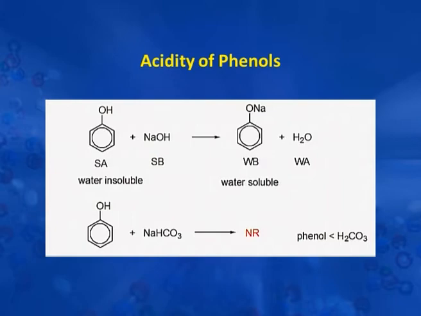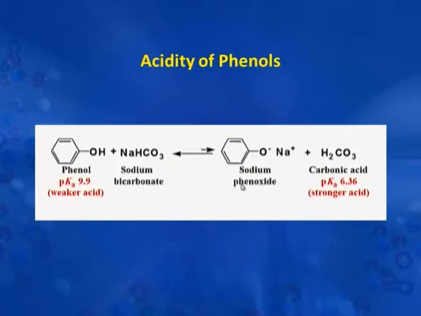than carbonic acid. Once again, we discuss more or less the same reaction. Here phenol is reacting with sodium bicarbonate, producing sodium phenoxide and carbonic acid. You see, we have shown here an arrow which shows that the backward side of the reaction will be the preferred reaction, not the forward reaction. Again, the reason behind it is that carbonic acid is higher in acidic character than phenol. As a result, we cannot produce a more acidic compound from a less acidic compound by treating it with a weak base.